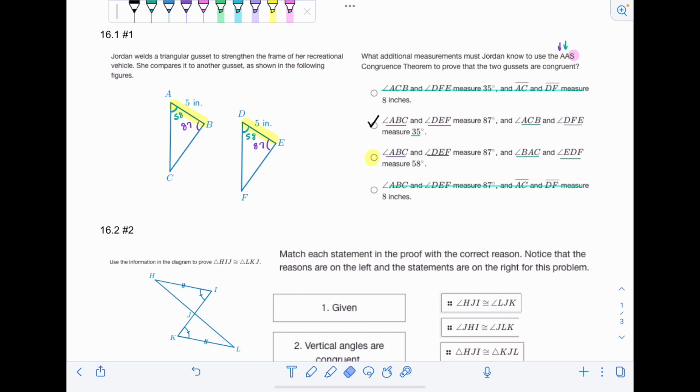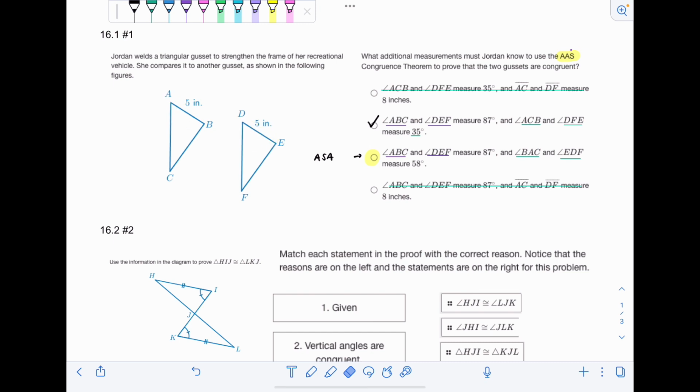So the question was, what additional measurements must Jordan know to use the angle side congruence theorem? And remember that the order of the theorems matters. So since it's angle, and then side last, that means that the side is not supposed to be included in between the two angles. The information that we have from this answer would be enough to use angle side where the side is in between the two angles, because you can see the highlighted side, that yellow side, is in between the two angles that we know, but we don't want it to be